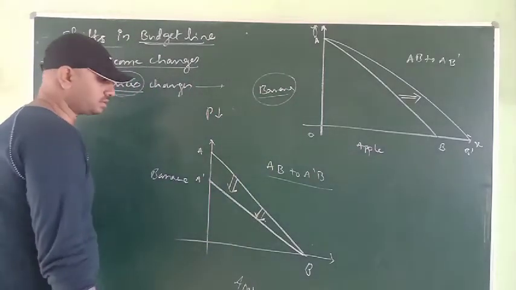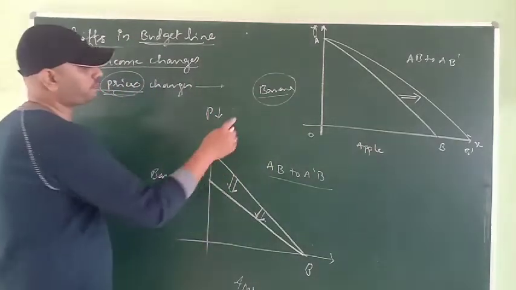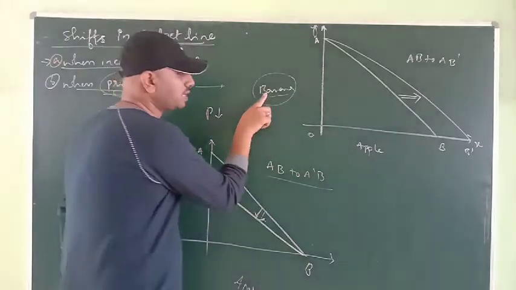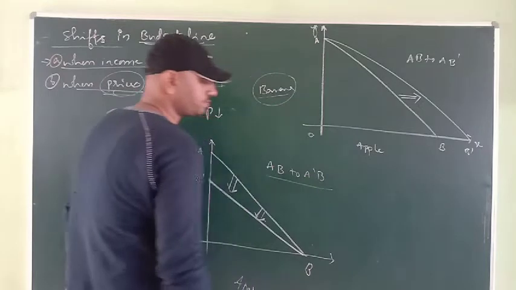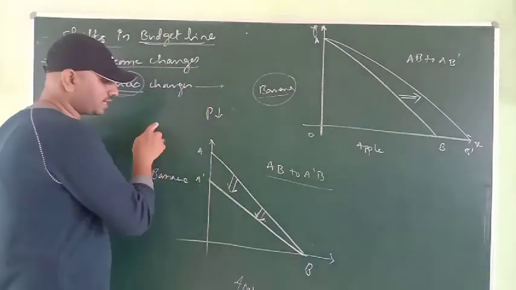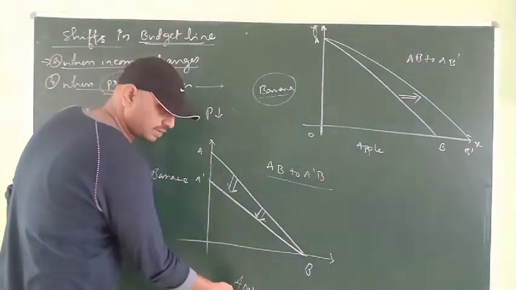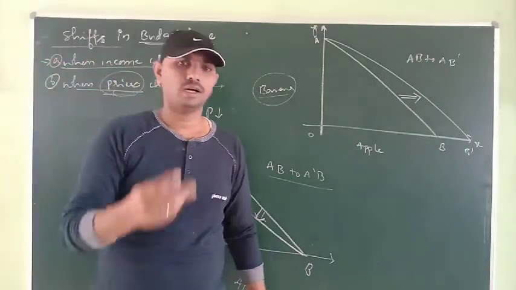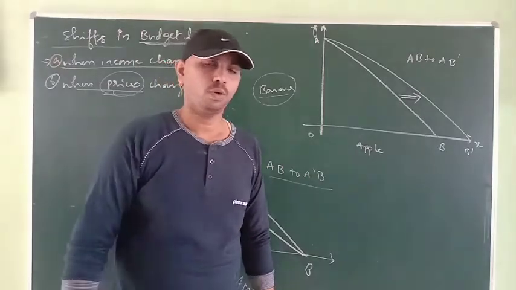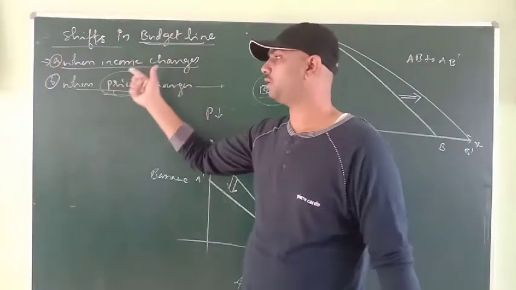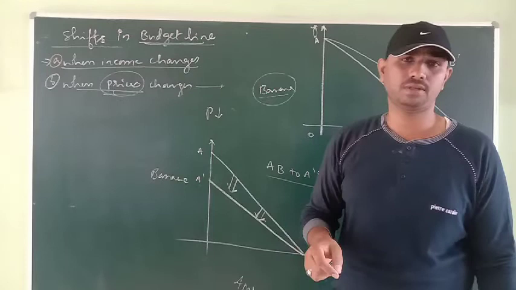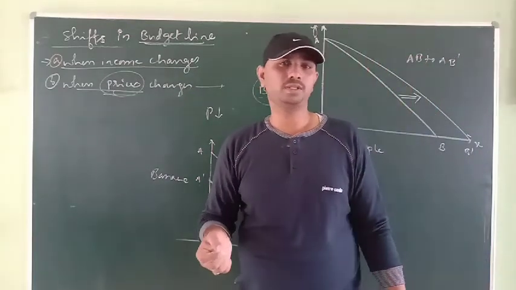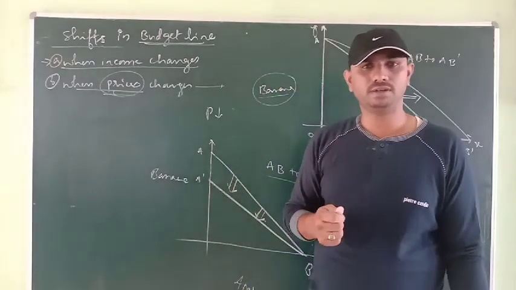Are we clear? The point is very simple. When the price of banana increases, people may prefer to buy more of apple. When the price of banana increases, he may maintain the same apple, but he will decrease banana. So these are the four types of shifts one can observe when income changes or prices change. I hope you understood. In the next session we will enter the price line and price ratio. Thank you.